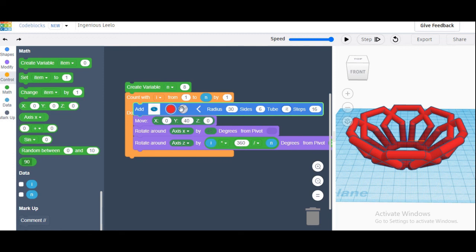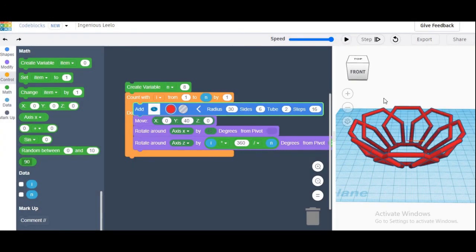The second time the value of I will be 2, and 360 by n is 45, so 90 degrees. The third time it will be 135. Similarly, we will go with the value of I from 1 to n, meaning 1 to 8. The last time the value of I will be 8, and 45 times 8 is 360. So in this way we will be completing the circle. So see here, this is the way